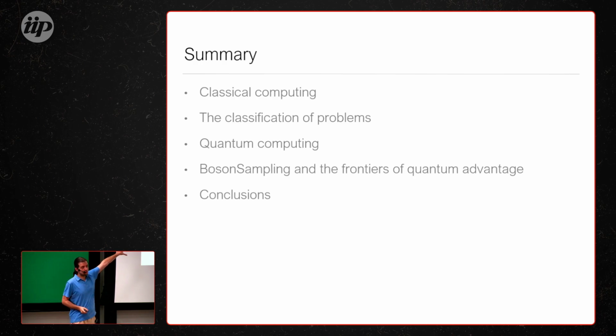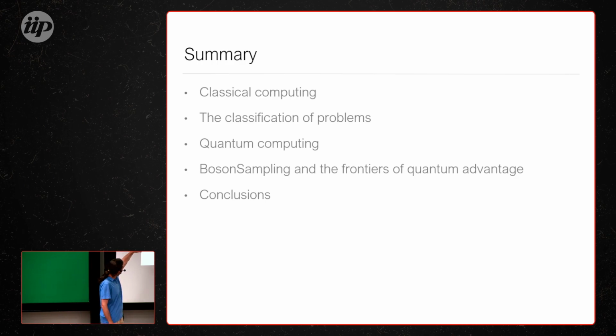Then I'll tell you a little bit about quantum computing and a very quick definition of what a quantum computer is. But what I'll tell you here is that when quantum computing was proposed, the theory was way, way, way ahead of experiments, of technology, which motivated the definition of some intermediate milestones. And that's where this frontier of quantum advantage is going to come in. These quantum advantage experiments are intermediate milestones: what do we do with our quantum devices while we don't have full-fledged quantum computers.